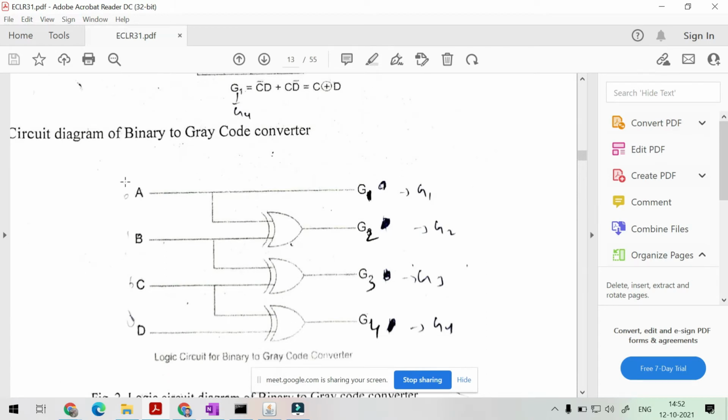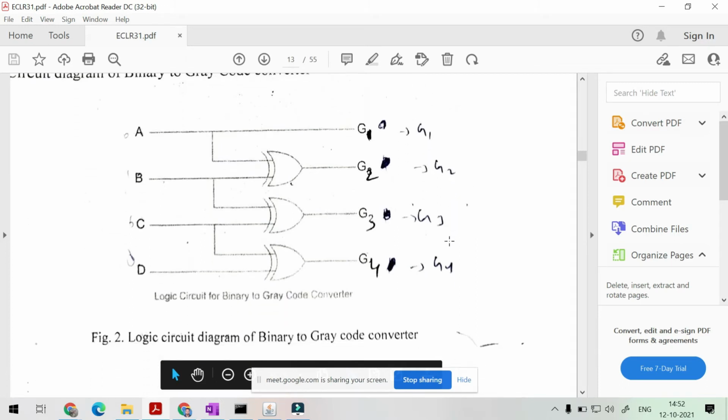Here we will provide the binary input and we will get the gray code output. So using these basic gates we can convert binary to gray. Similarly we can convert gray to binary.